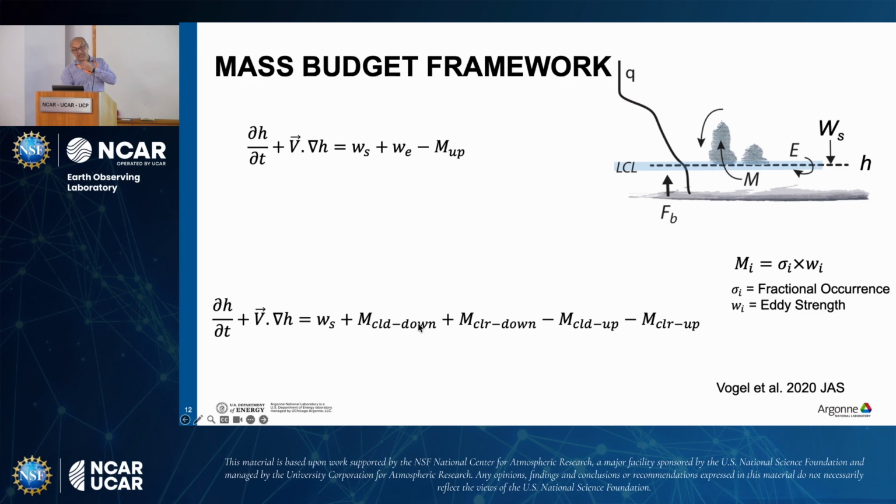So that's exactly what we did. So in here, we have a bigger equation now. Again, this left-hand side is the same. The dH/dt term, that's local change in the depth of the mixed layer, plus the advection, which is balanced by large scale subsidence. And now we have four terms in here. So one is cloudy downdrafts, which I mentioned before, clouds have downdrafts, that's number one. That's adding mass to the mixed layer, that's a positive term in this case. We have clear air downdrafts, that we showed before in the PDFs. That's again adding mass to the mixed layer. The cloudy updrafts, that is subtracting mass from the mixed layer, that's a negative term. And you have clear air updrafts, that's again subtracting mass from the mixed layer, so a negative term in here, right? So we have four terms in this case.